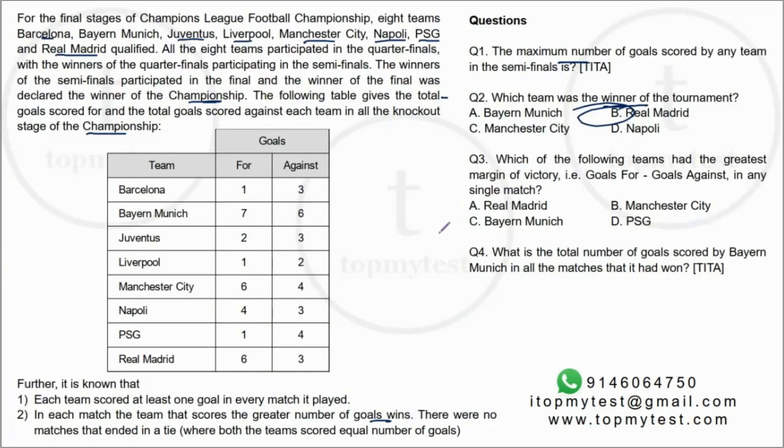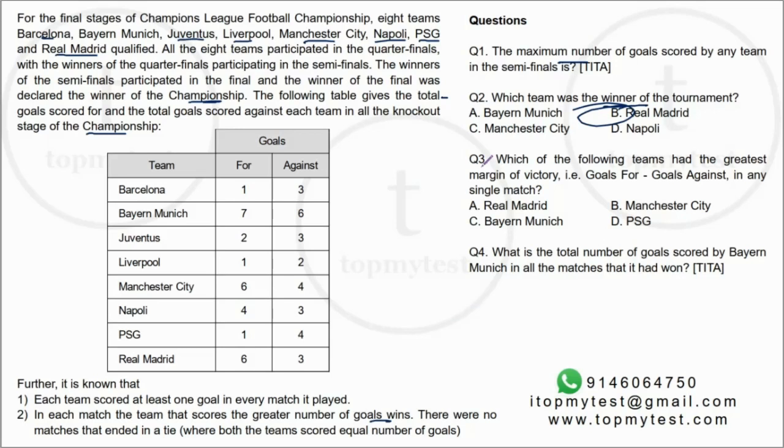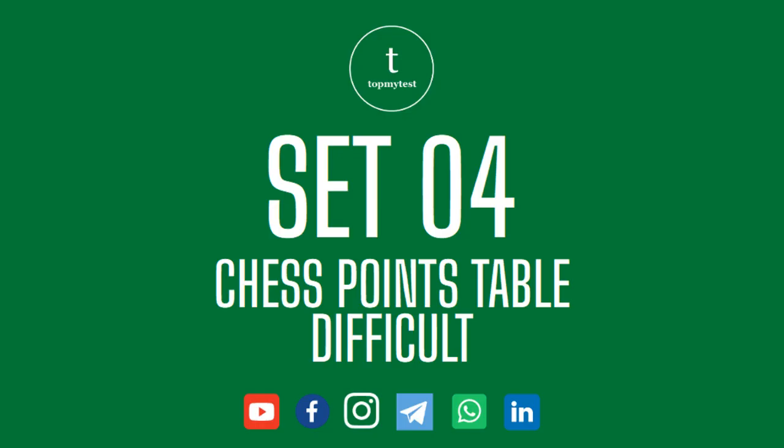It's a very nice set. The key point was basically figuring out first Real Madrid wins. Once you know Real Madrid wins, then everything else, as in life, becomes much easier. It's a difficult level set. I will not say even it's moderate. You need to figure out quite a bit of permutations and combinations over there. In an exam situation, it will take you about 12 to 13 minutes to solve this.